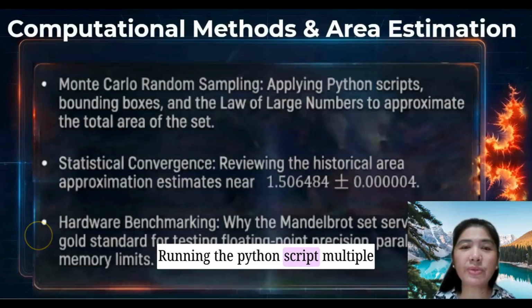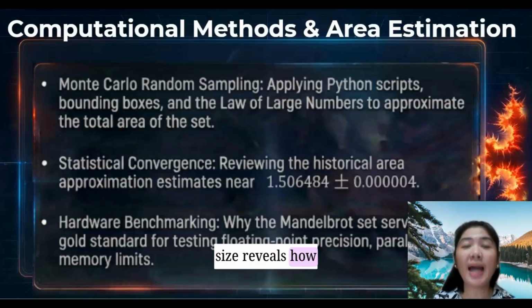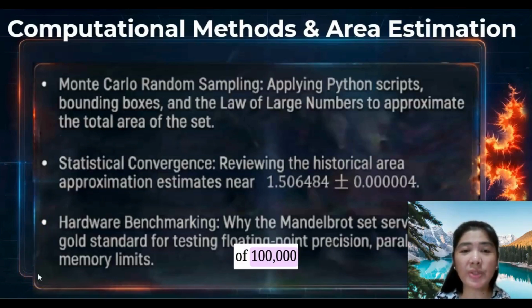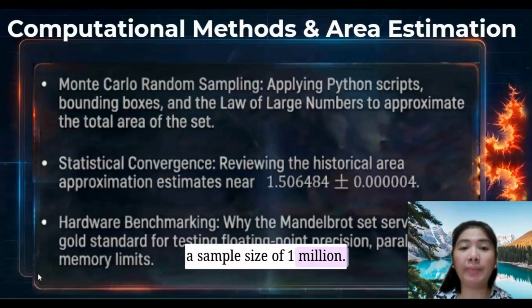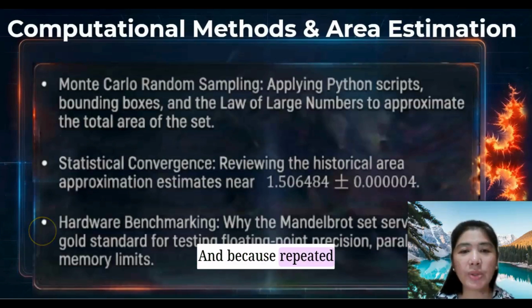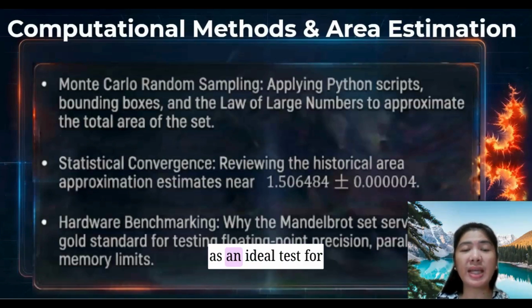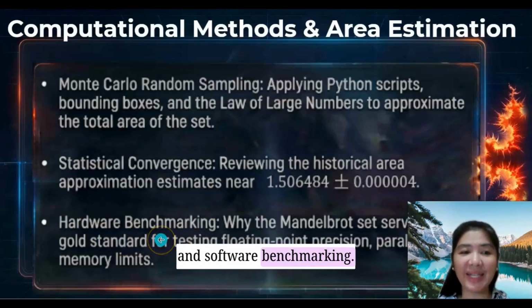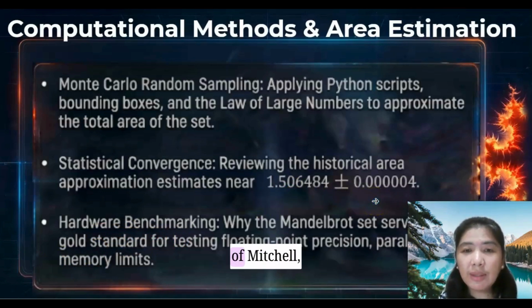Running the Python script multiple times for each sample size reveals how precision scales. Having a sample size of 100,000 would mean higher variance compared to an experiment with a sample size of 1 million. And because repeated large-scale runs demand heavy computation, this task serves as an ideal test for hardware benchmarking and software benchmarking. So this figure here is the statistical estimate of Mitchell